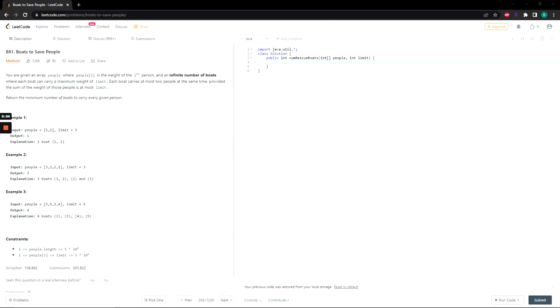And today we're going to be looking at problem 881 titled Boats to Save People. So we'll read the prompt, we'll talk about the pseudocode, we'll walk through an example, and then we will code up our solution together. So you're given an array people where people[i] is the weight of the ith person